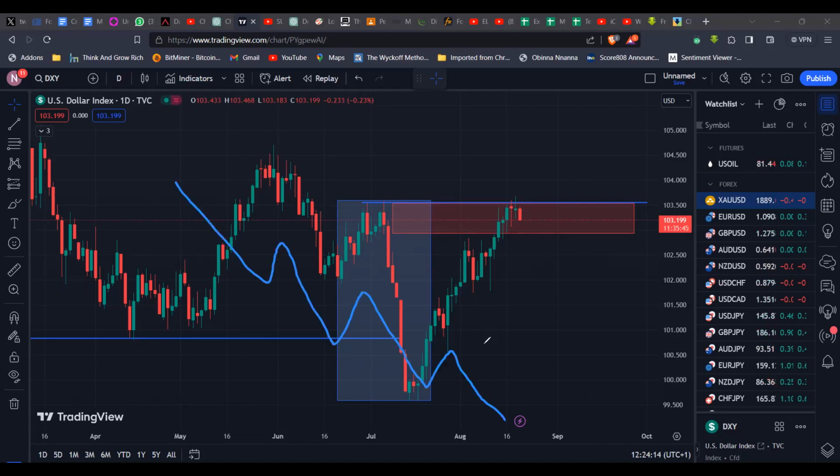So on the higher time frame, the market is bearish. Obviously, on the lower time frame, on the 4 hour and the 1 hour, the market has been very bullish. The dollar has been very strong. So EURUSD has been quite bearish in the 1 hour chart. GBPUSD has been bearish in the 1 hour chart. Gold has been bearish in the 1 hour chart. USDJPY has been bullish. EURCAD has been bullish on the 1 hour chart, mind you.